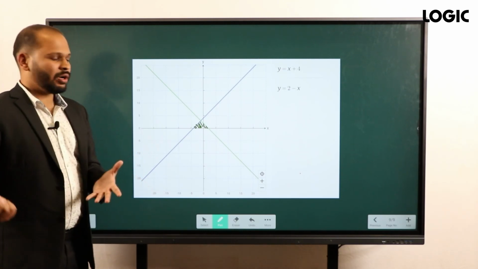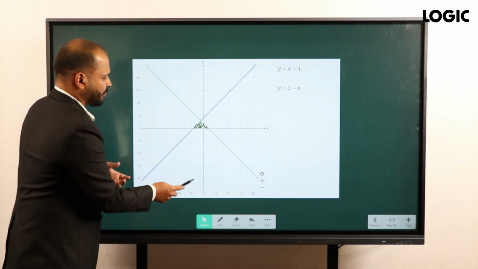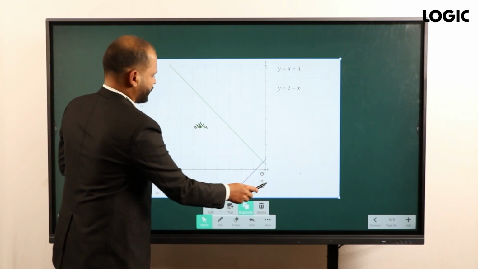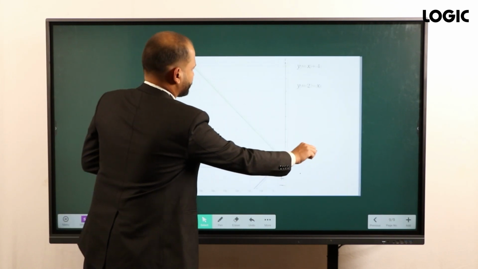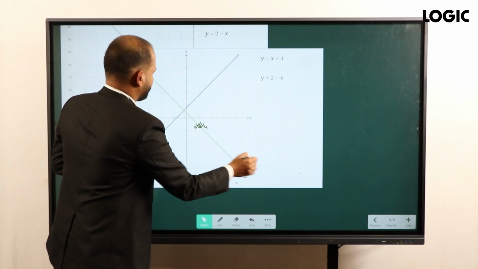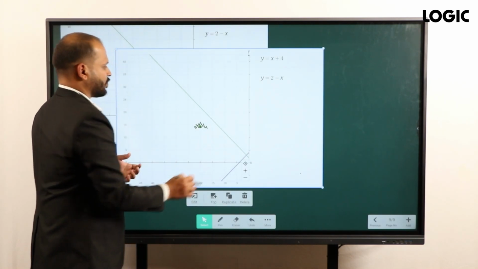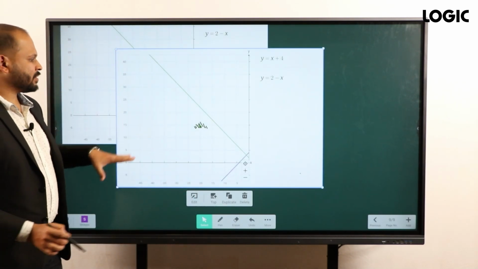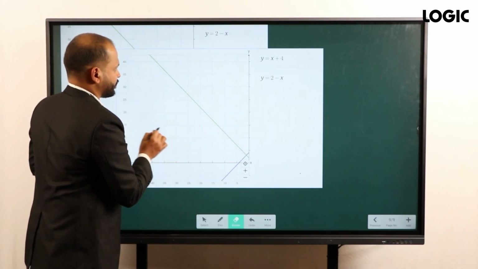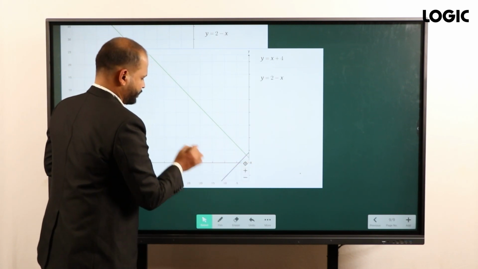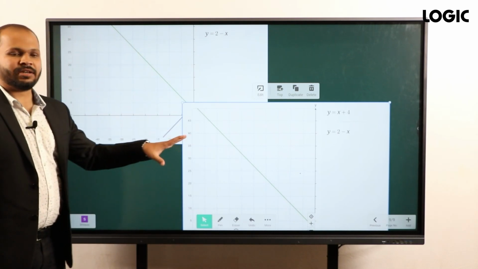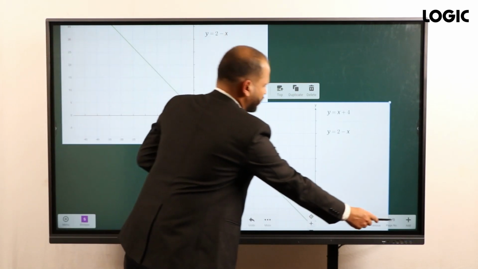And if you want to duplicate this file, again we can select and we can duplicate, and we'll have 2 copies of it. So we can get multiple copies and we can erase the previous things as well. So this is related to the functions. Now coming to the next,